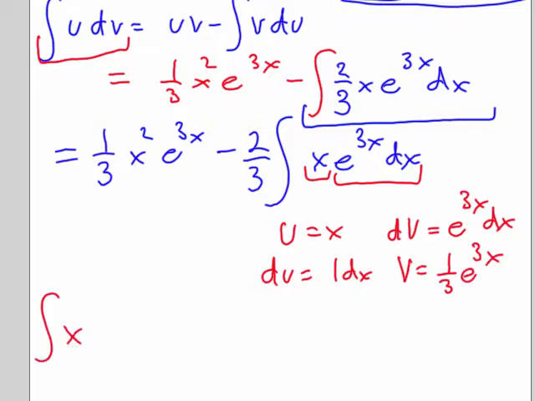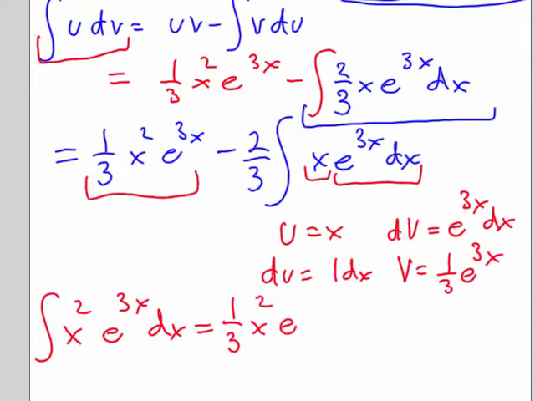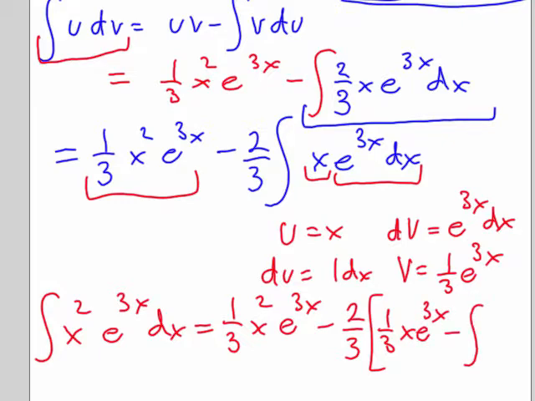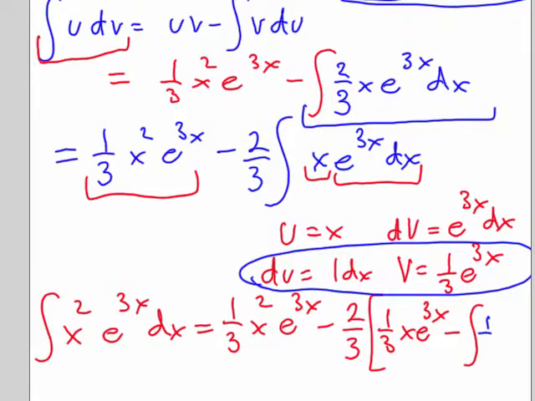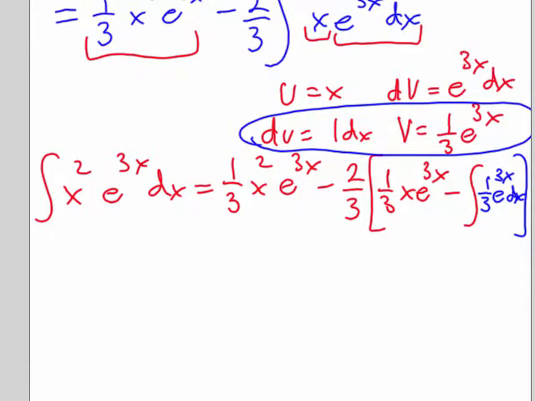So my original expression, x squared e to the 3x dx, is what I had already, minus 2/3 the integration by parts formula, which is uv, which is 1/3 x e to the 3x, minus the integral of my new v times du, which is 1/3 e to the 3x dx. So just to simplify and rewrite this,